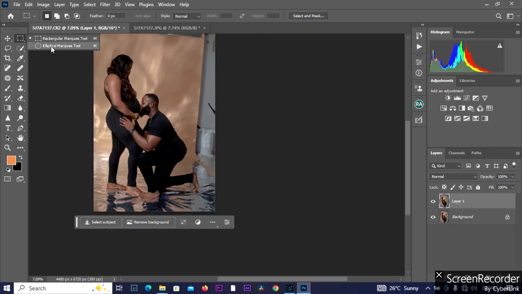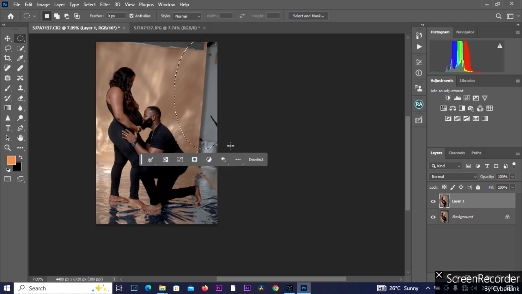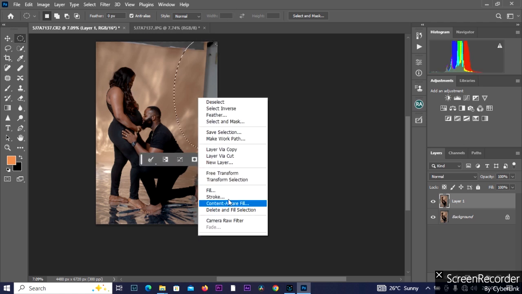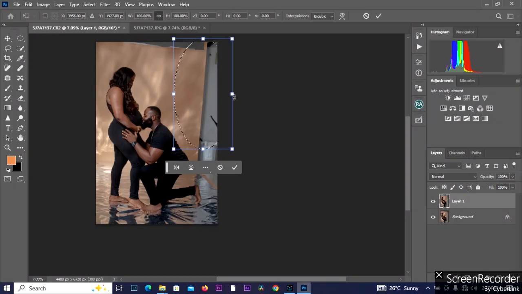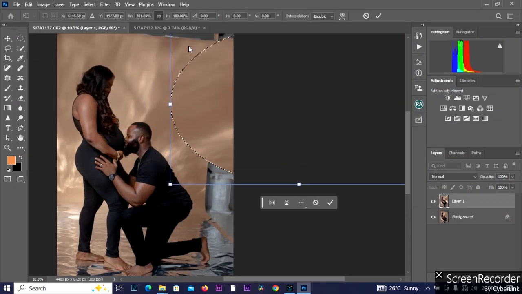Then here we still have the elliptical marquee tool. It also performs the same function as the rectangular marquee tool, but it's not in a rectangular shape. It is now in a circle shape. So if I also right click it and use my free transform, I can use it to expand. I see it, but it is expanding in a circle form. That is it in terms of photography. If I undo,